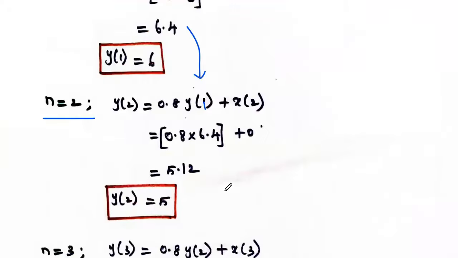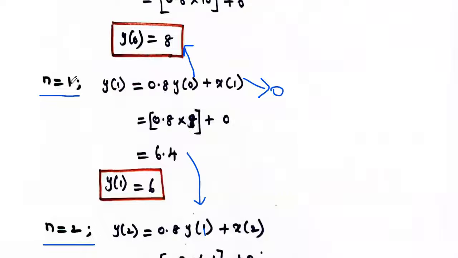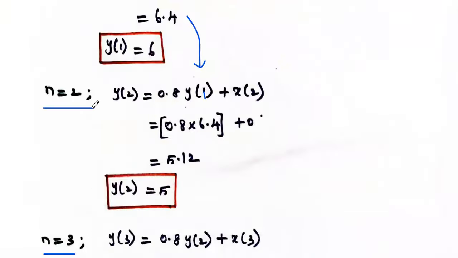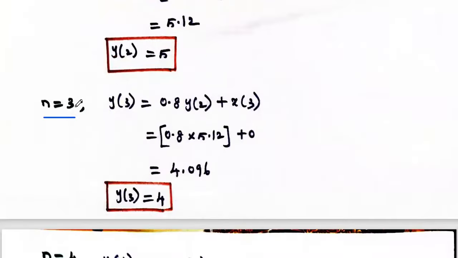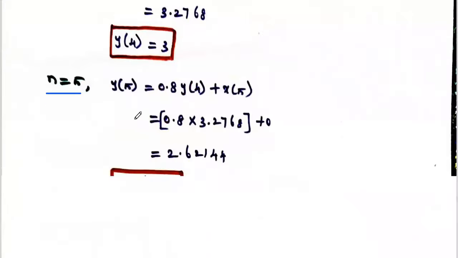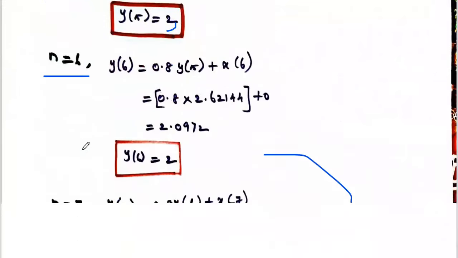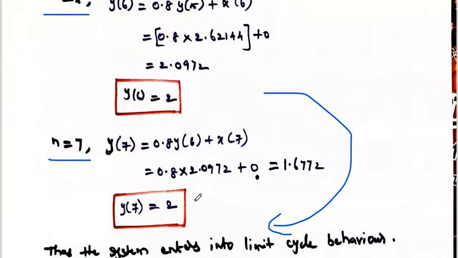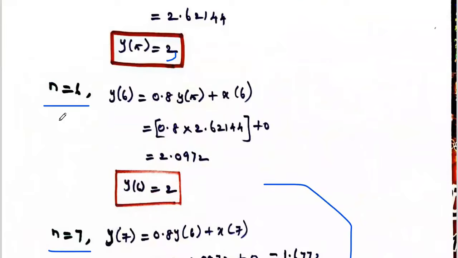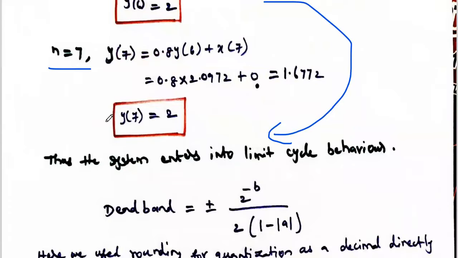So you see the outputs: at time n equal to 0, the output is 8. At n equal to 1, it is 6. N equal to 2, reduced to 5. N equal to 3, 4. N equal to 4, 3. N equal to 5, again 3. At n equal to 6, 2. N equal to 7, 2. Okay, 2, 2. So at n equal to 6 and above, the output of the system enters